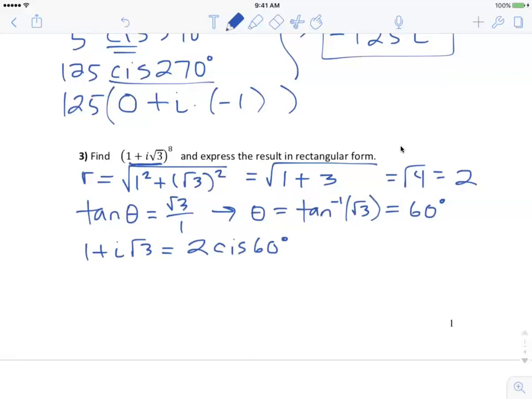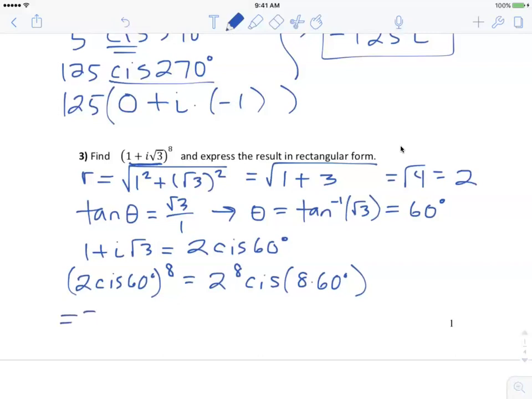Now I'm going to take that to the 8th power. So 2 cis 60 to the 8th. I take the 2 to the 8th power, and then the 60, I multiply it by 8, right? And a reminder, cis is cosine plus i sine, just using that shorthand notation. All right, so this is going to be 256, 2 to the 8th power,